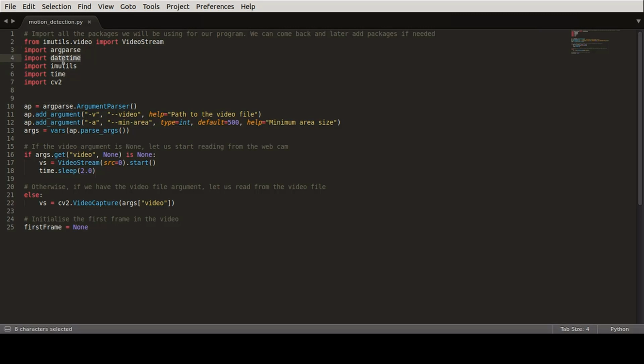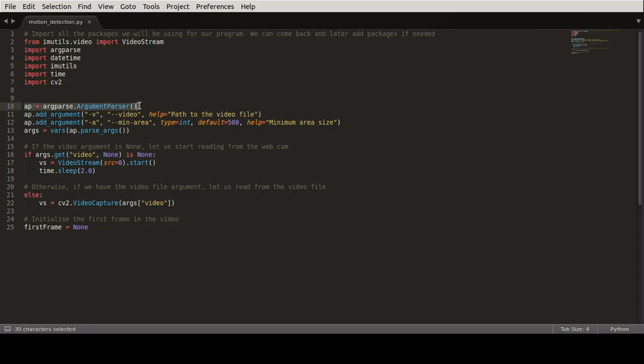And then we are also importing datetime, because later we will be recording at what date the motion sensing algorithm was triggered. imutils is one of the helper modules that helps us read videos and images and work with them. Time and cv2, obviously, is the OpenCV module that we will be importing to work with our application.